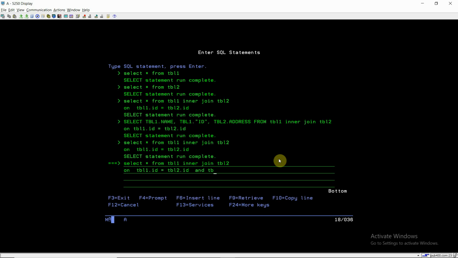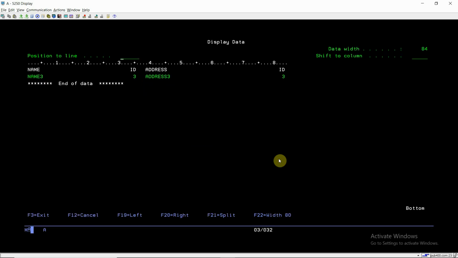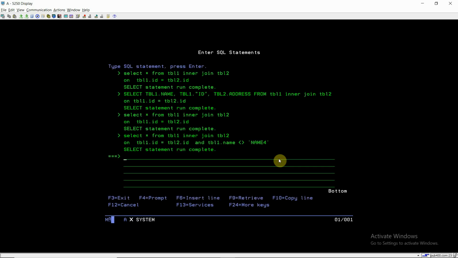So name is in table 1, table 1 dot name not equals to name 4. Now I am only getting the name 3 which is corresponding to the ID 3. So we can do this as well.